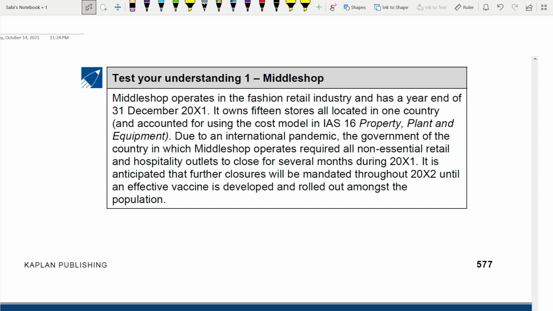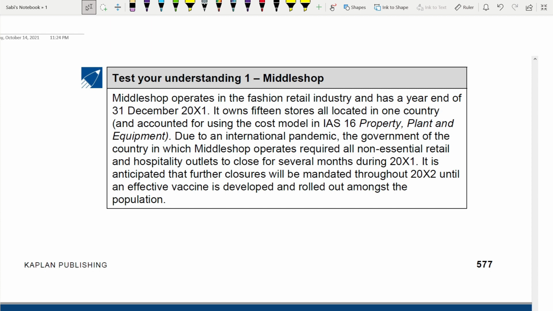So when you read a case study like this, you need to understand what it is. It's a current issue. What type of current issue? There are 3 current issues that we have gone through. Out of the 3, this is the natural disaster. This current issue is what? Natural disaster. Natural disaster could be anything, right?